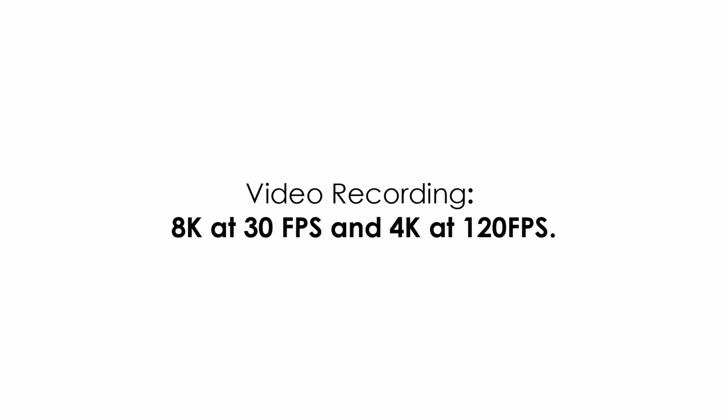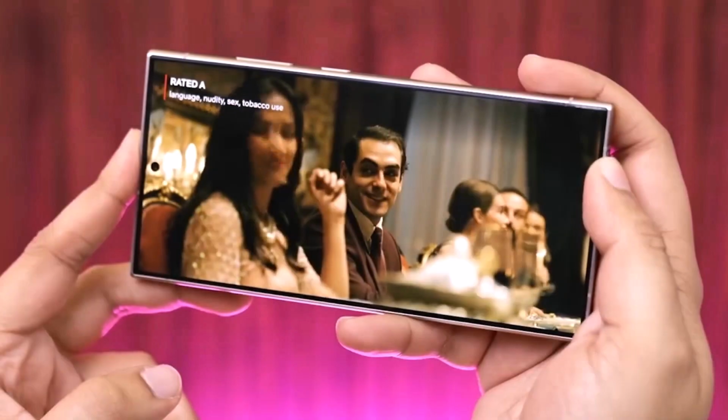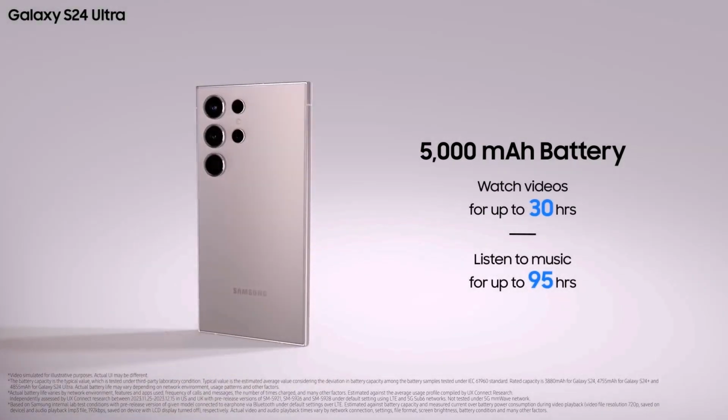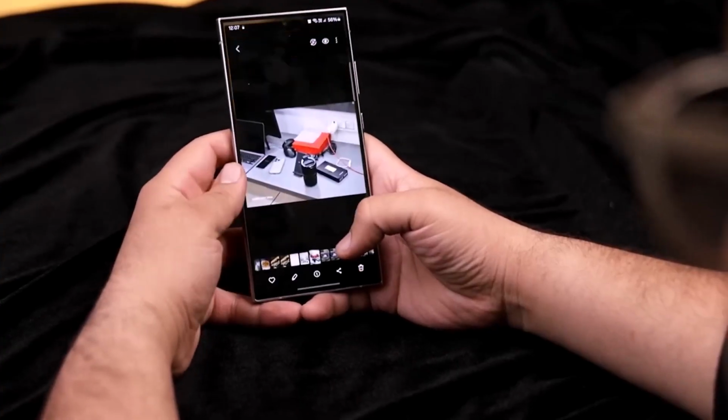Front camera, 12 megapixel, f2.2 aperture, 80-degree field of view. Video recording, 8K at 30 frames per second and 4K at 120 frames per second. Battery and charging. The Ultra will pack a 5,000 mAh battery with support for 45-watt wired charging, ensuring all-day power